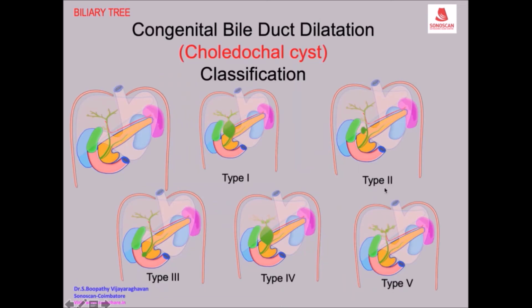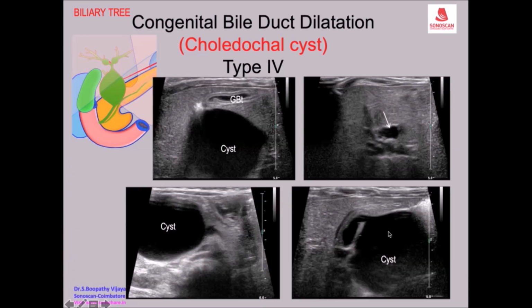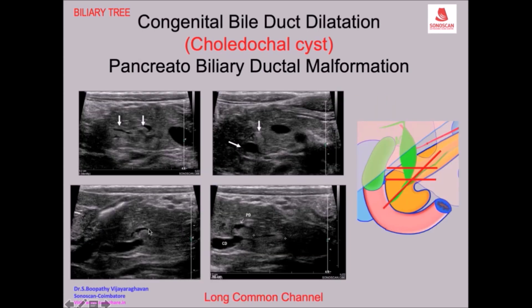On ultrasound, you see the type 1, where there is cystic dilatation of the common duct, and you see in the transverse scan the dilatation of the common duct with the dilated right and left hepatic ducts and the common hepatic duct. So that forms the type 4 congenital bile duct dilatation. Dilated ducts unite just before their opening into the ampulla, or they open separately, very close together on the ampulla. But an abnormal variation is a long common channel, that is, both the common duct and the pancreatic duct join far away, with sludge balls in the long common channel. So this is the long common channel.